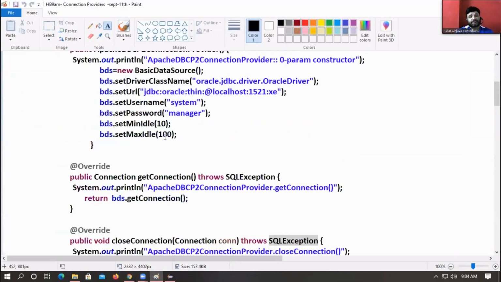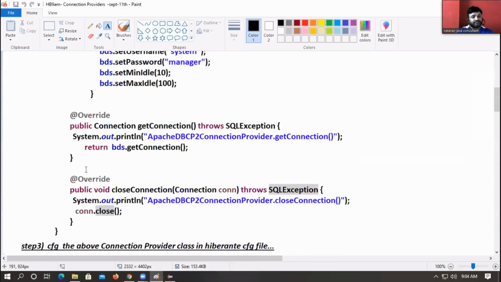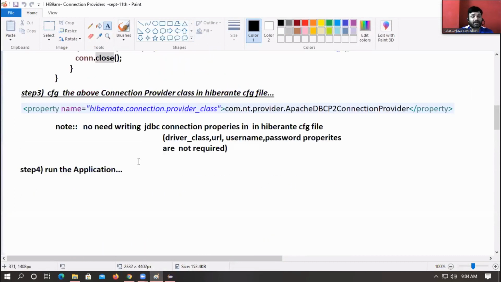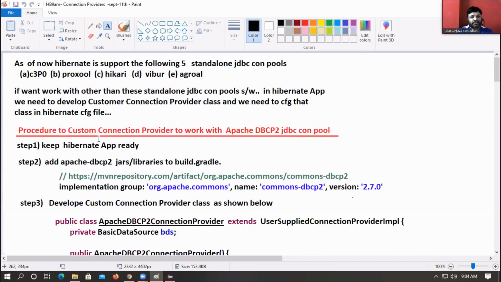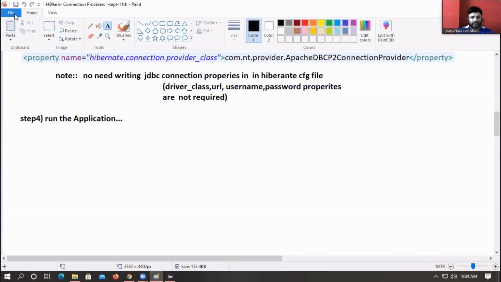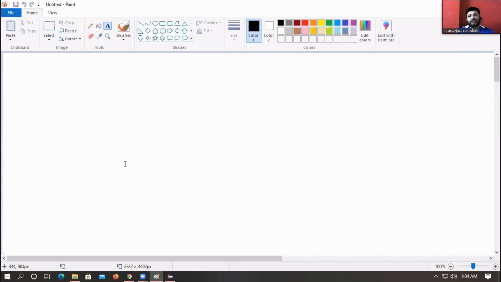Yes, boss. So this is yesterday's topic: how to create a custom connection provider so that we can work with what? Apache DBCP. We can work with our what? Apache DBCP. Understanding my statement? Fine. So today we will go for